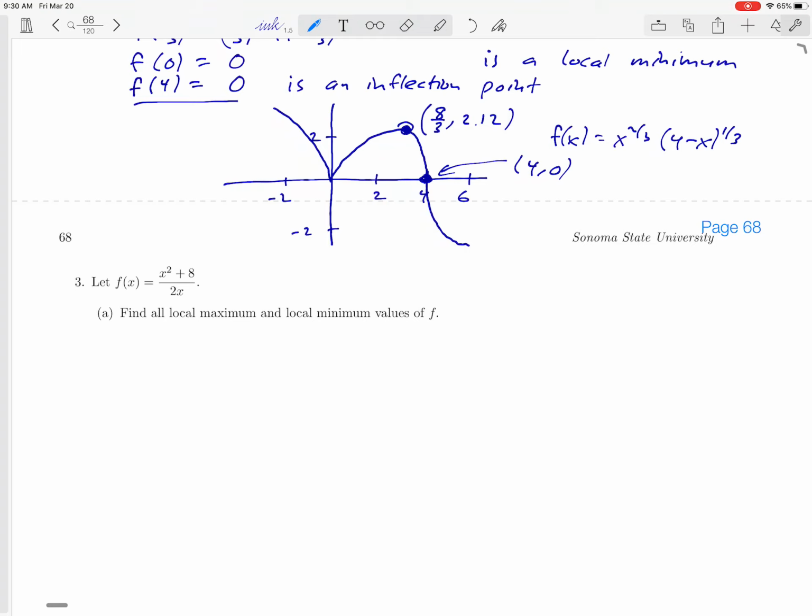Okay, and I'll leave it to you to go up and compare the other answers that we got to A and B to the general shape of this graph. Maybe you could graph it yourself on your calculator to